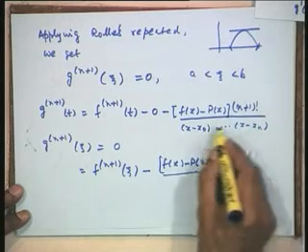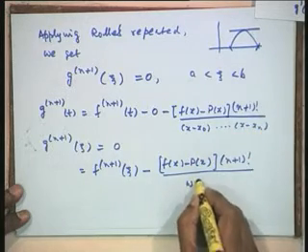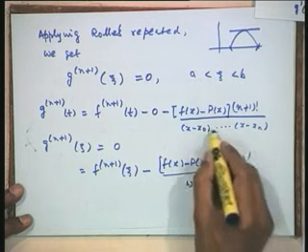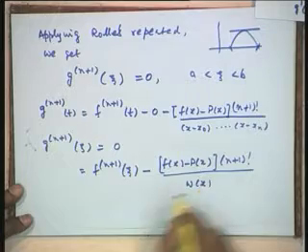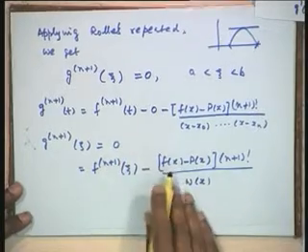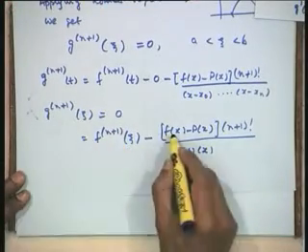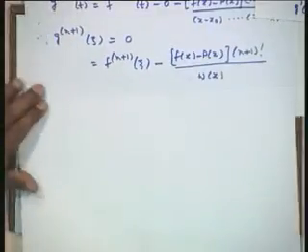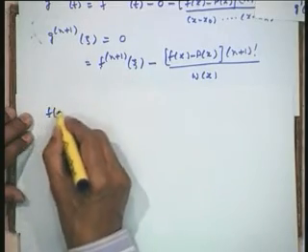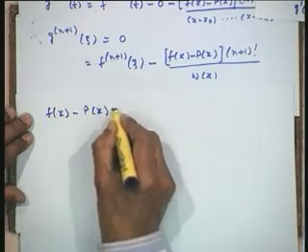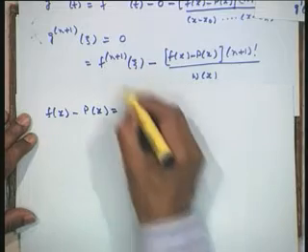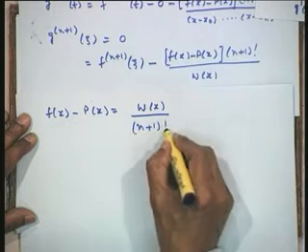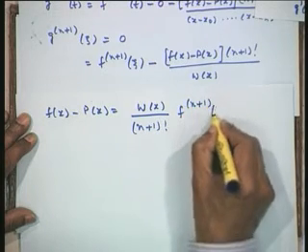Now let us revert back to the notation which we started with. This was w(x), the product of all the factors that are there in the given problem, that is (x minus x naught)(x minus x1) up to (x minus x n), that is w(x). Now since this is equal to 0, I can take this to the left hand side and find out the value of f(x) minus p n(x). Therefore f(x) minus p n(x), I am bringing to this side, so this goes up w(x), this comes down n plus 1 factorial, and this is f n plus 1 of xi.